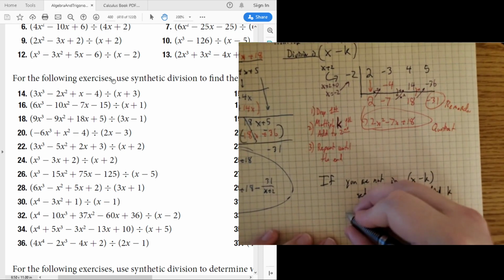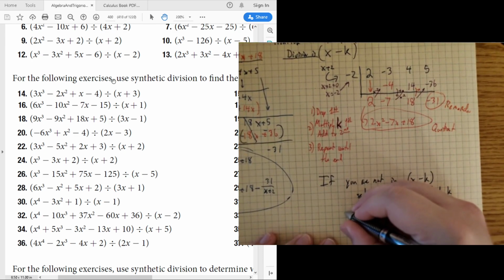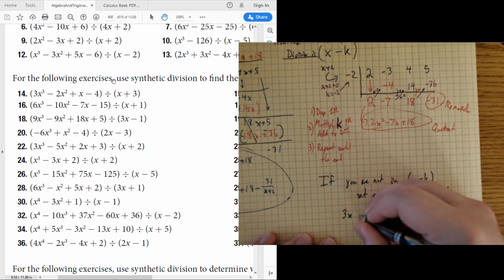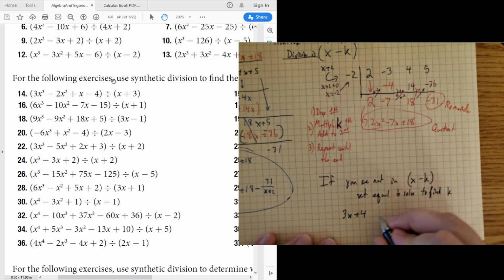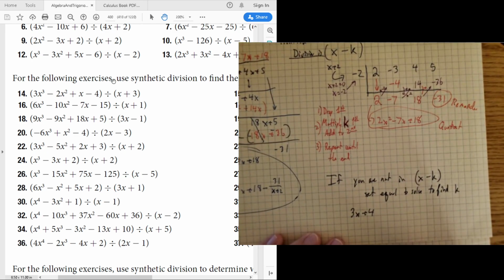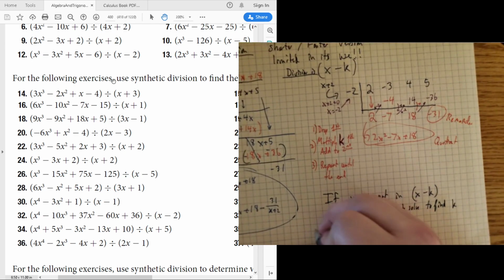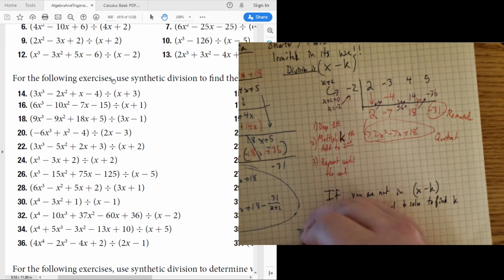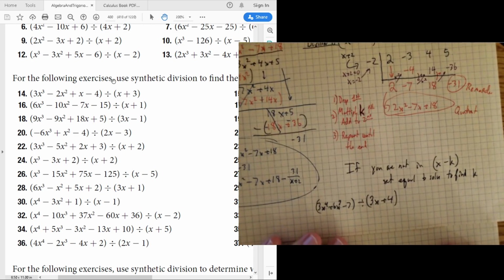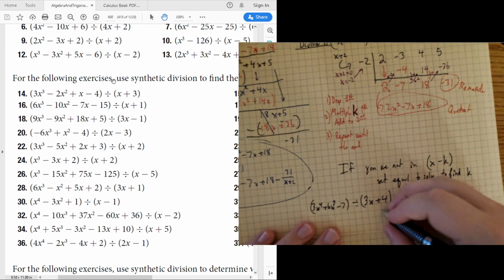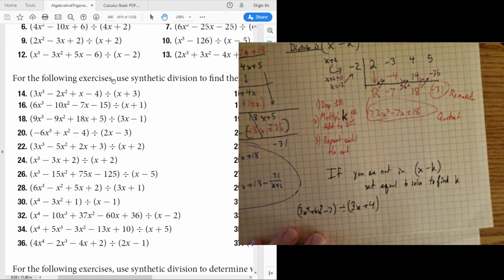So if we have 3x plus 4, if that's what we're dividing by, so in the problem, let's just make one up quick. 3x to the fourth plus 6x cubed minus 7 divided by 3x plus 4. So if we have a problem like this, to find out what k is, we just take, to find k,